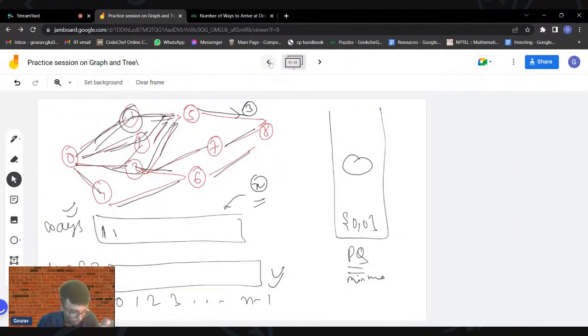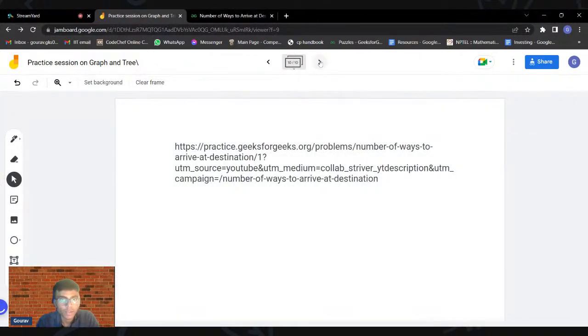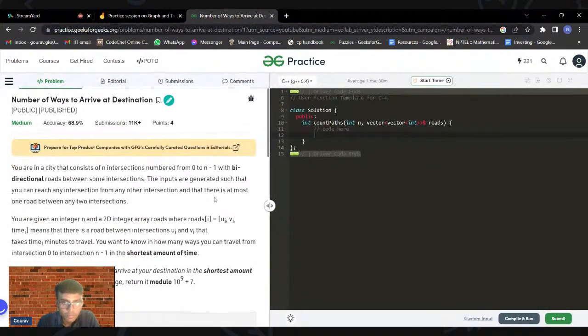All you have to do is utilize the concept of Dijkstra's algorithm, but at the same time make a ways array as well. This ways array will keep track of the number of ways in which you can reach a particular node in a given amount of time. So finally, your answer will be in the very last index, the number of ways you are taking to reach the node number 8. If you process this code, you will get a correct output. The implementation of this algorithm is left to you as homework. We will take up this question in the next session maybe, and we'll discuss the solution then.